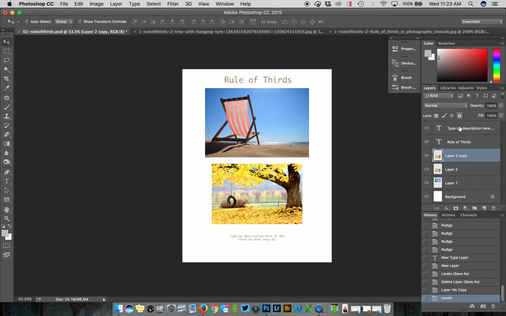All right, so I'm going to say OK. Now I did this on a copy of this layer, so I can toggle the layer on and off with this eyeball here to see the adjustment that I've done. Now this is wonderful because you can always go back to see what's underneath the layer. So you're not actually making an adjustment to the layer. You can come to your history palette here and go back. But this works because you can see what you've done by toggling it on and off,